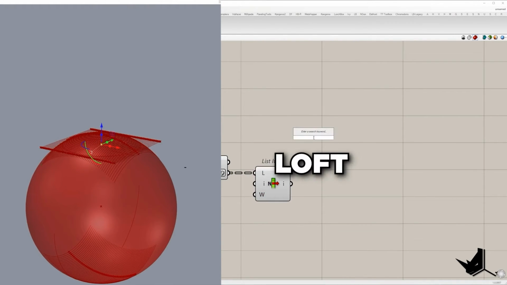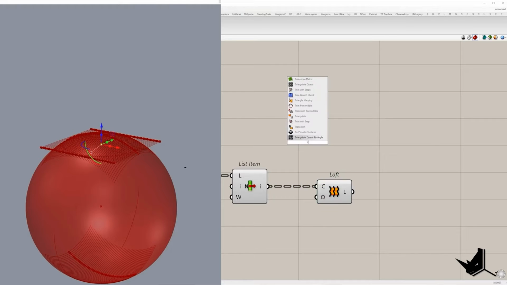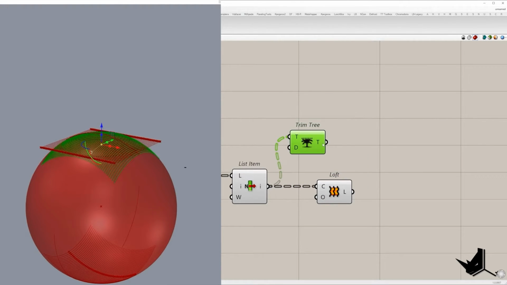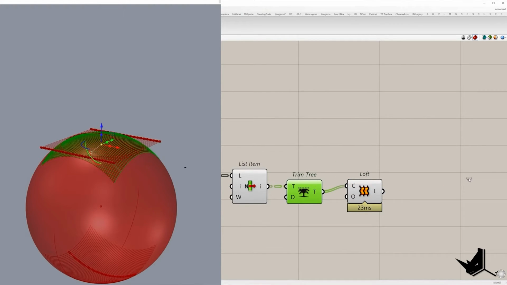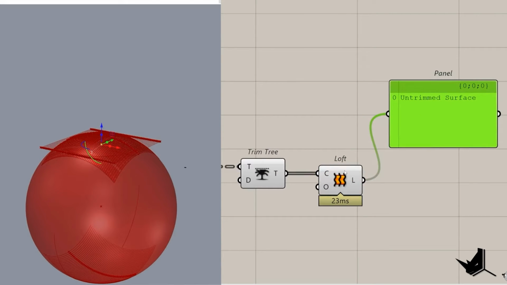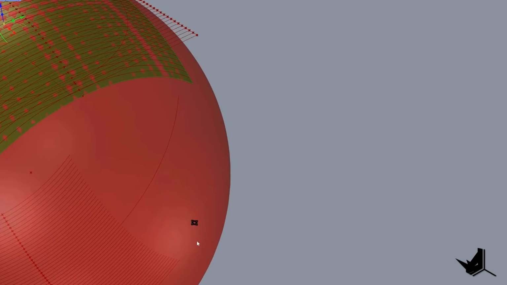We can simply use a loft to create a surface. We don't get the surface because inside each branch we have a single curve. But if we trim 3, inside 3 we'll get 51 curves and now we can create a surface. As a result, we get an untrimmed surface. This is really important because now this untrimmed surface we can divide, create the grid, and we can position our